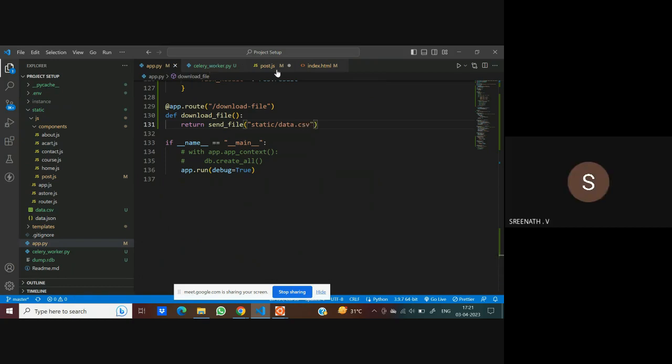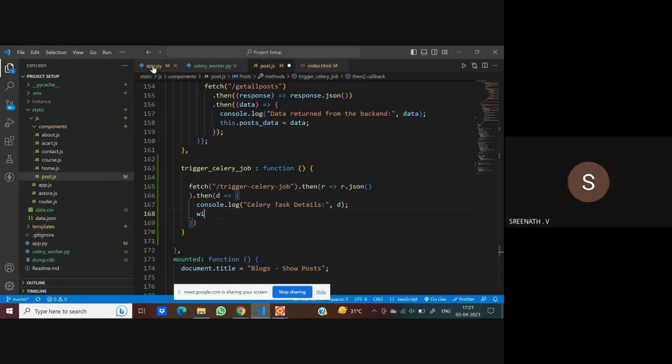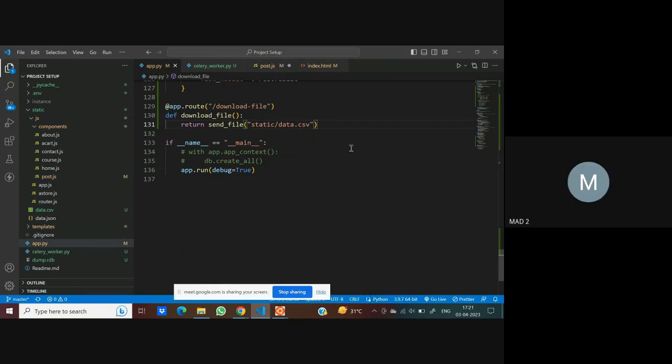Data.json. Sir, what is the difference between send from directory and send file? Yeah, as I was telling you before, send from directory does some pre-processing so that whatever path the user provides, it does not simply return the same. For example, if you have some secrets stored at the server and the user somehow gets to know about the secret file, the user will provide whatever input he or she wants to access. Let's say the secret file is stored at